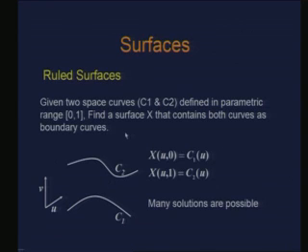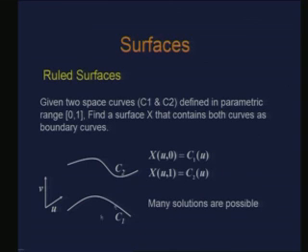So, in other words, if I represent my surface as, let us say, x(u, v), then the boundary corresponding to v equal to 0, which is nothing but x(u, 0), is the curve given to me as C1, and similarly the boundary corresponding to v equal to 1 is given as C2. So, apparently there are several ways you can do it. What is the simplest way you can think about? You understood the problem, right.